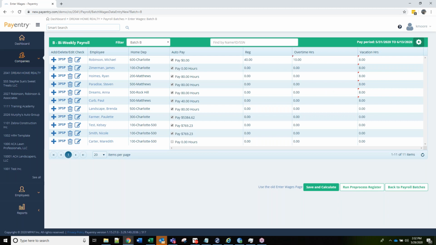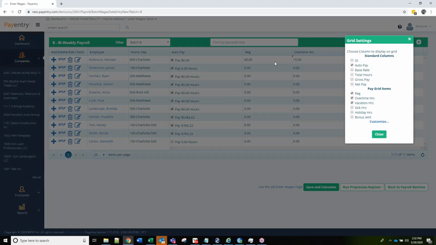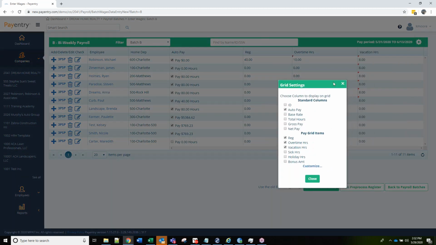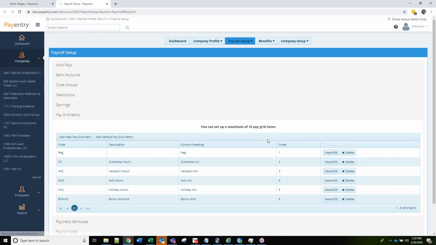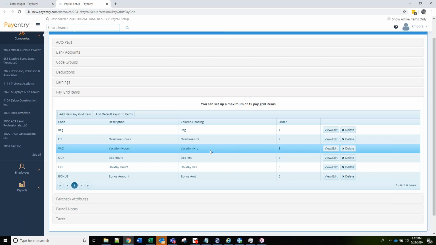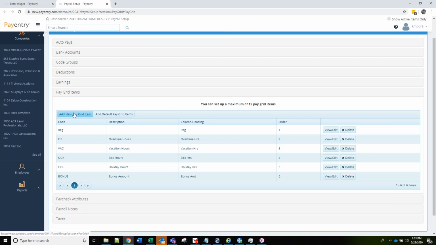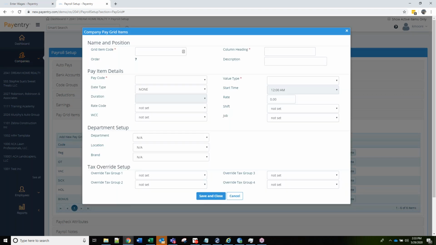If you have other fields that you need, so right now we have regular, overtime, we have vacation. If you have other fields that you need here to help make this pay grid serviceable for you, so say you typically pay commission and things like that, you do have the option to customize and add a new pay grid item for your use. This is something that you can and do have access to add for yourself, but you can also reach out to your dedicated client advocate